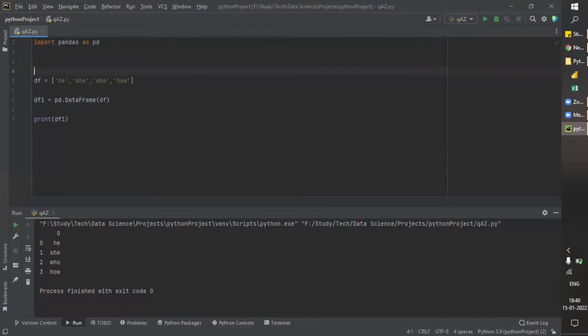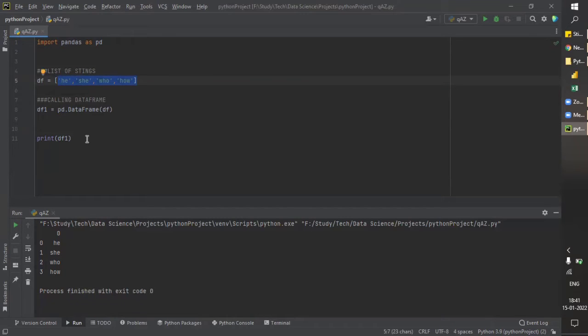Let me just write a comment for you: a list of strings, and here it is calling the data frame, and this is executing, as you know, running to fetch the data. Now this was a list. We have created a list. Now another way of creating